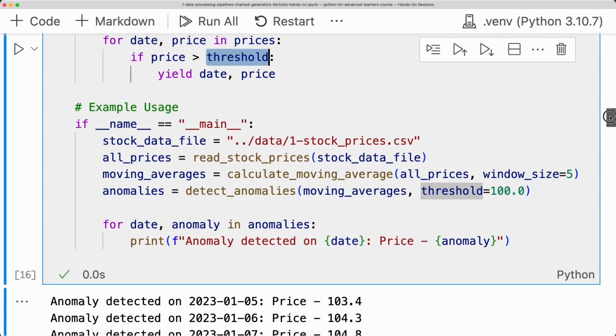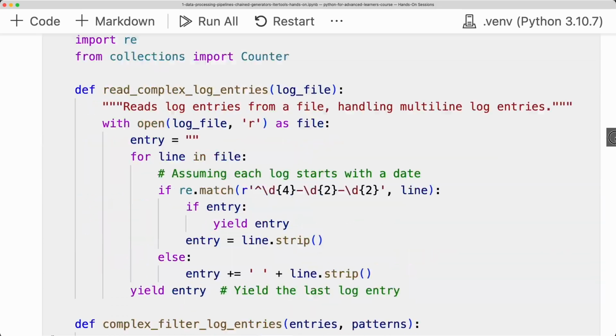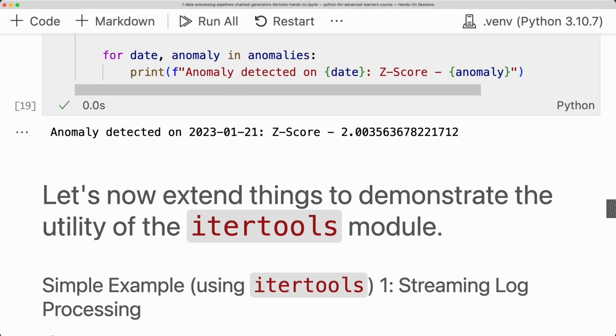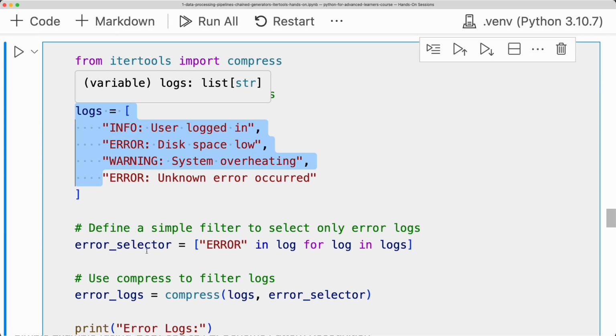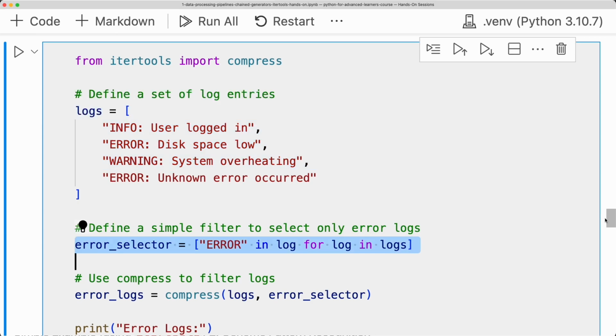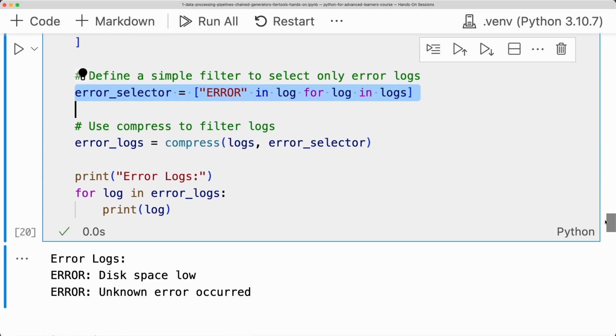Let's go through another simple example, this time using itertools. We'll use the compress function imported from itertools to filter logs based on a selector. Here we have a list of logs, an error selector that is essentially populating a list with true or false. We then use compress to filter the logs, with the first argument being the logs themselves and the second argument